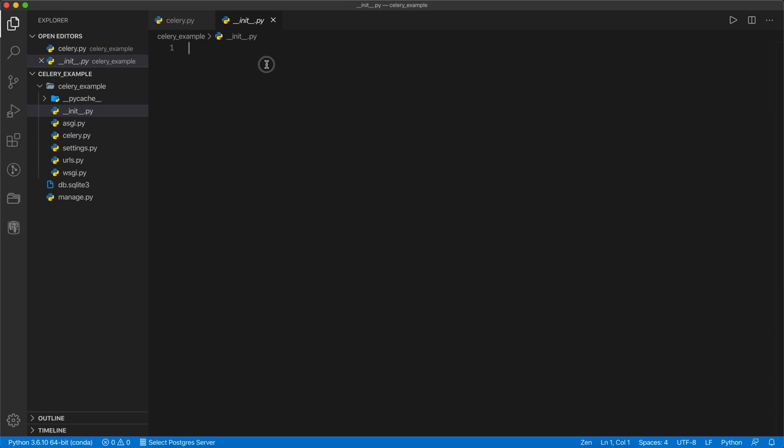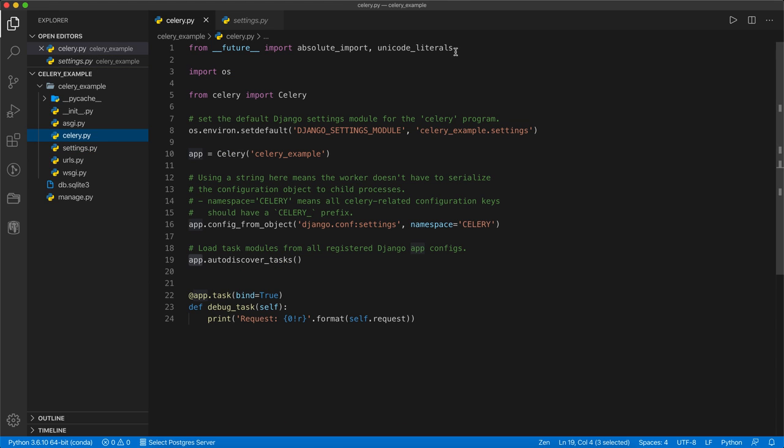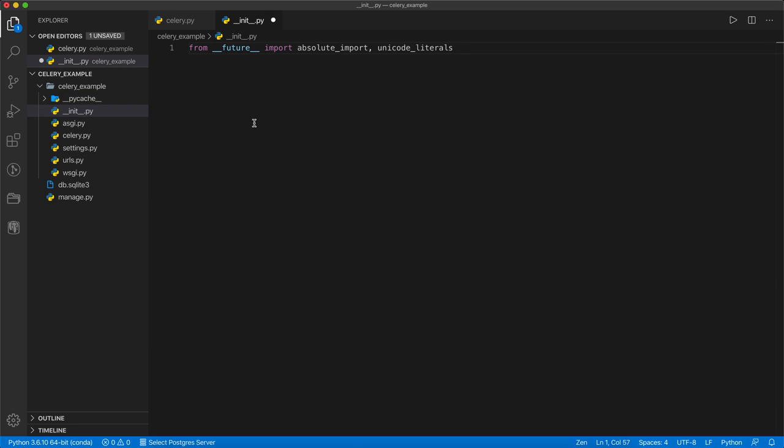So let's do that. Same way, we have to import that line to avoid the conflict. Then you need to write from .celery import app, and for the sake of a common word, as an app, I am writing celery_app.